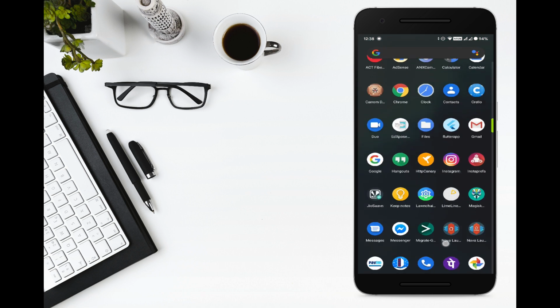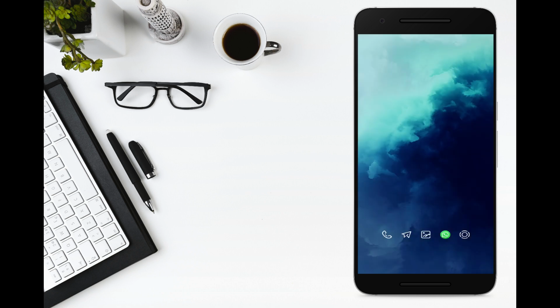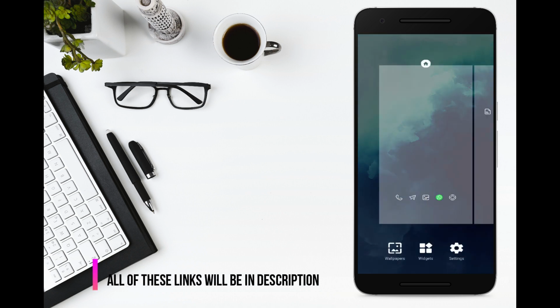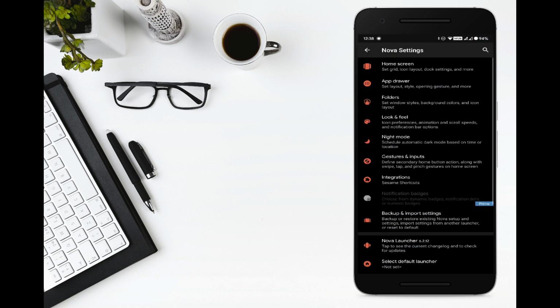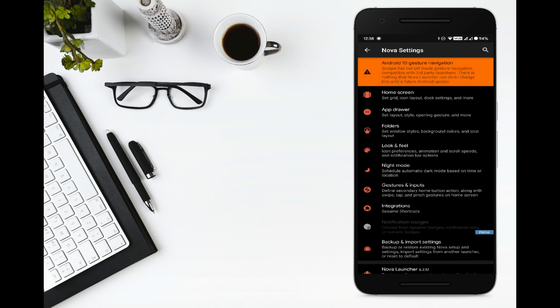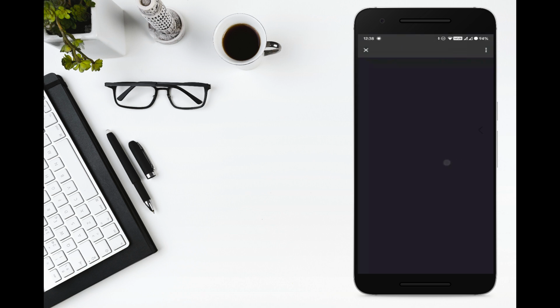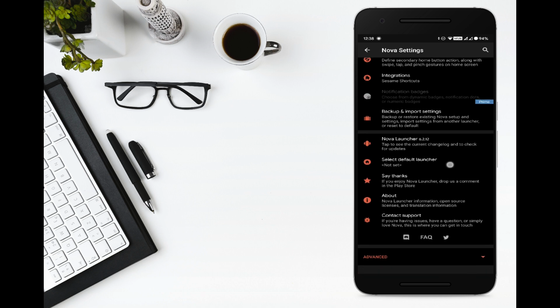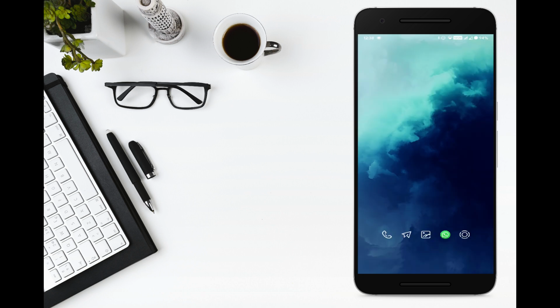This layout will be automatically added to Nova Launcher. Now just change the default launcher and launch the Nova Launcher again. As you can see, the icons are coming but there are no widgets. It's because we haven't installed KWGT yet. Now let's change the default launcher to Nova and install KWGT to do the job. We have changed the default launcher to Nova. Now let's install KWGT. We also need the Pro key to restore the backups.